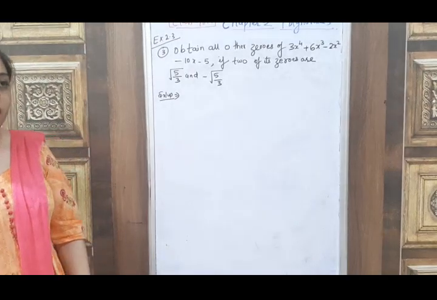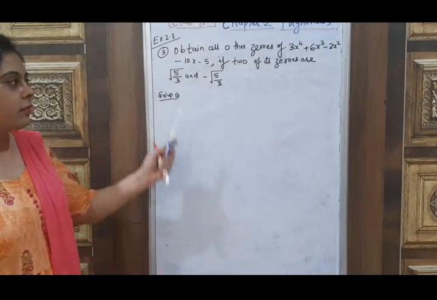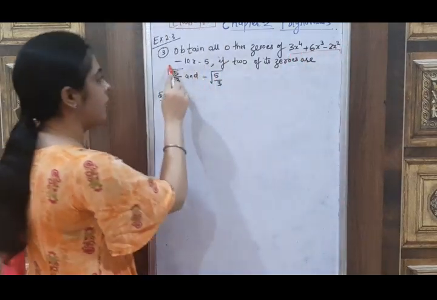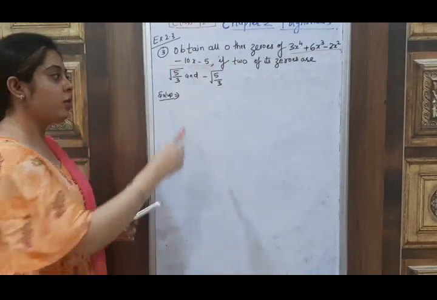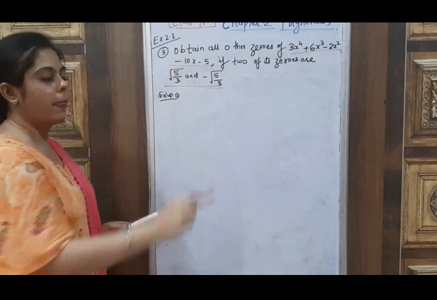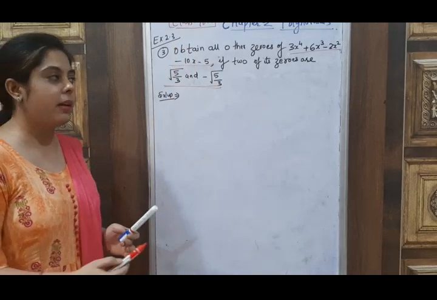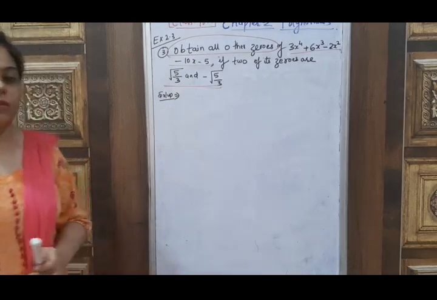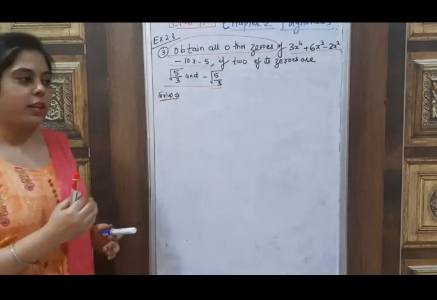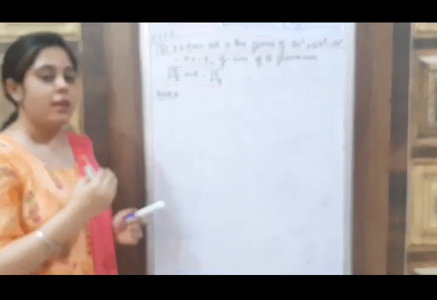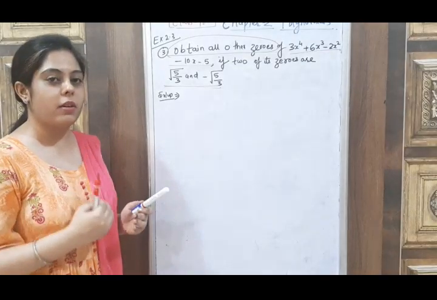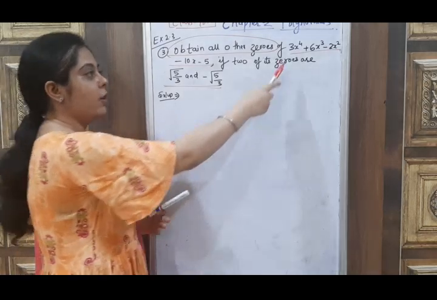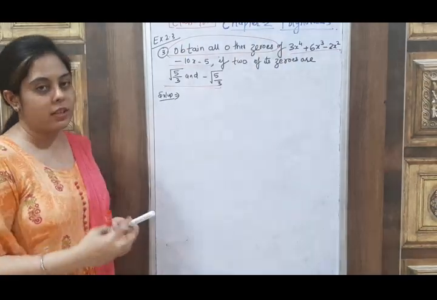इस क्वेश्चन में दिया क्या दिया है पहले ये देखते हैं कि इस क्वेश्चन में हमारे पास एक पॉलिनोमियल है और इसके टू जीरोस गिवन हैं, and we have to find the remaining zeros. Obtain all the zeros means the remaining zeros we have to find here. So first we have to check that for this polynomial how many zeros will be there. Means पहले हम ये चेक करें कि इस polynomial के total number of zeros कितने होंगे.